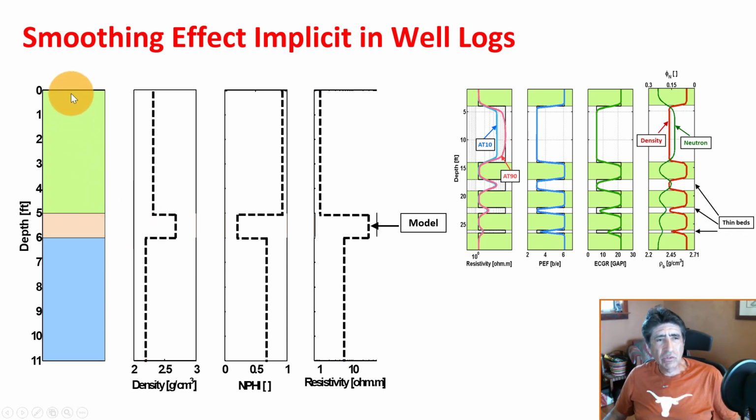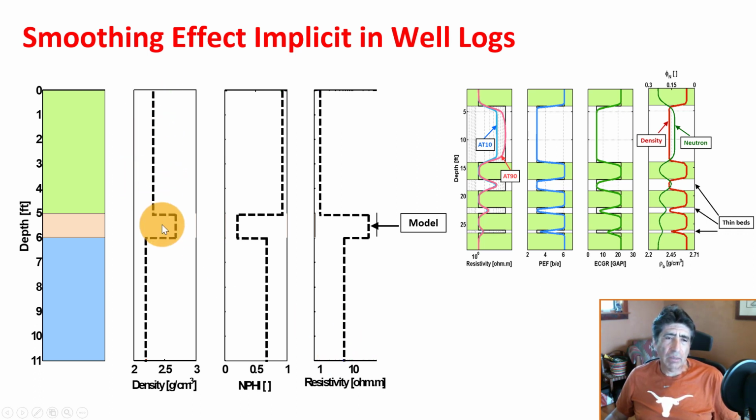Let's suppose that you have a sequence of 3 layers here. That's the length. We have a green layer, a pink layer, and a blue layer. And let's say that these layers have different properties. This is the density in grams per cubic centimeter. This one has the highest density, this one has a medium density, and this one the lowest density. And then you have a neutron porosity, which measures the hydrogen index or some combination of hydrogen index. Because of different fluids, you will also have different properties and contrast across. It could also be the gamma ray log that has different values going through the rock. And then, for instance, for the electrical resistivity, you will have different properties.